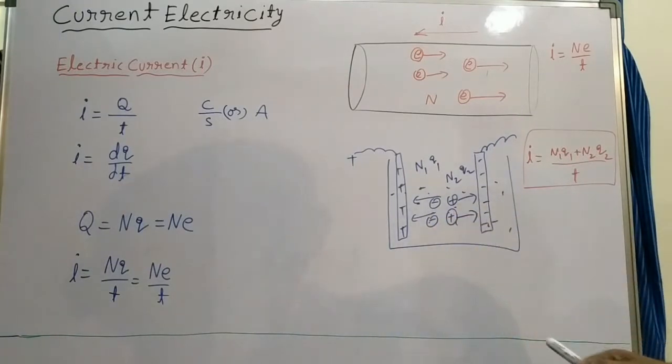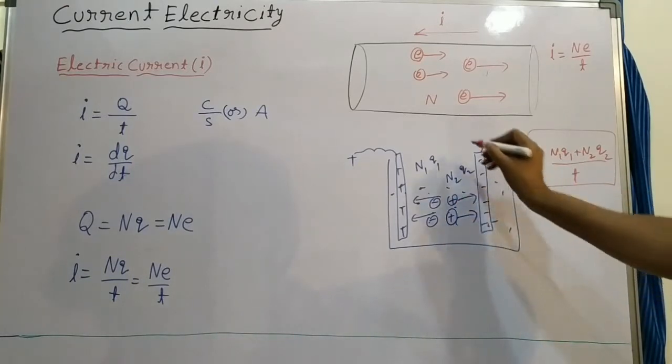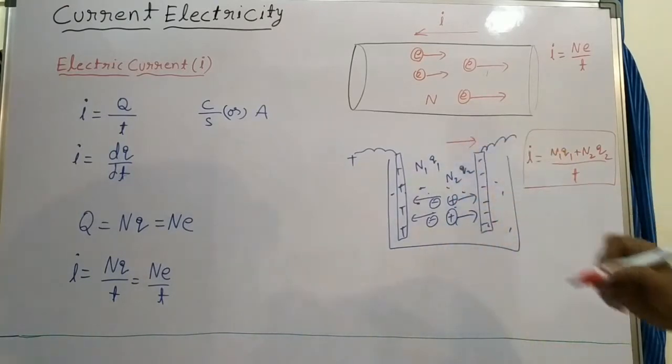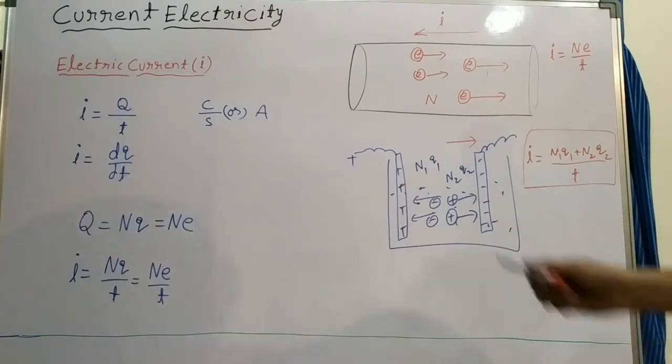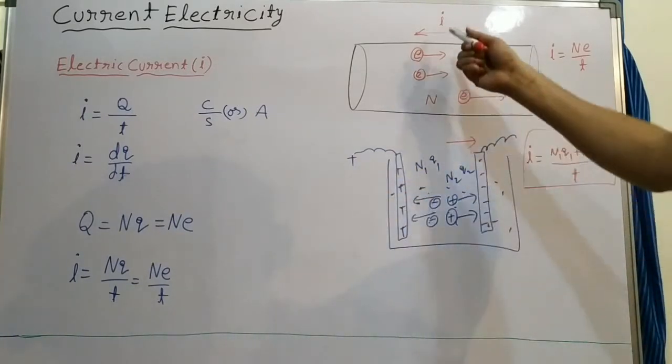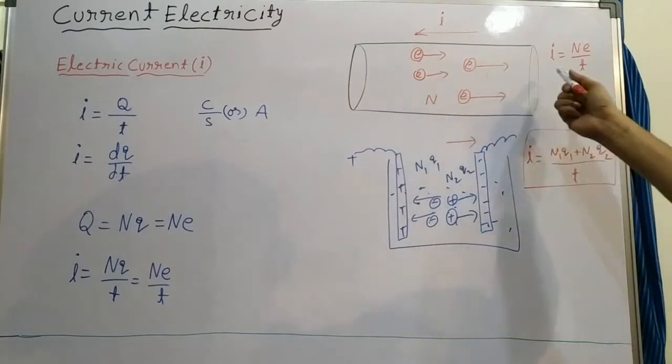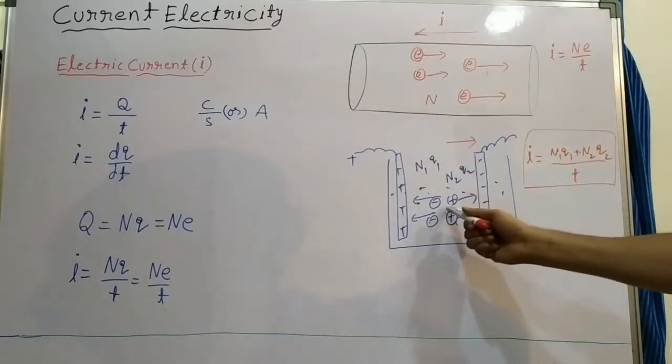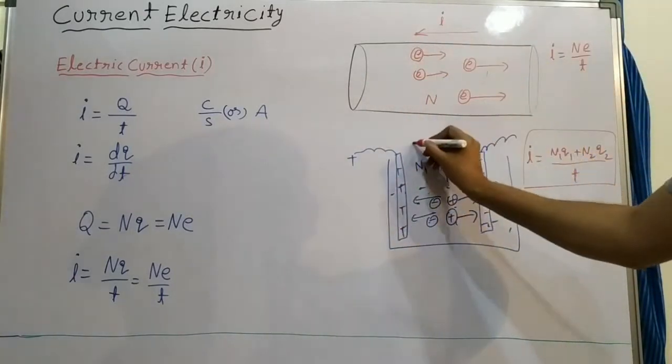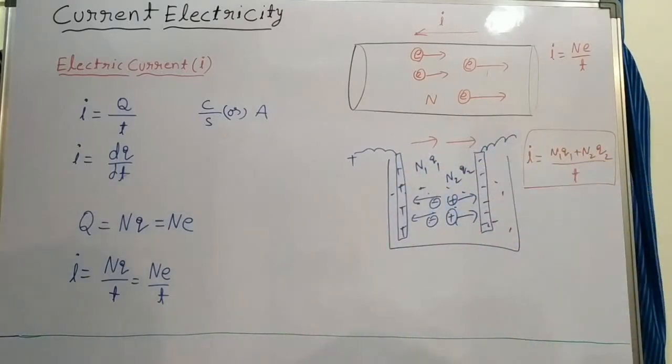These two are moving in opposite directions, which means the currents are flowing in the same direction. Why? Because the direction of positive charge motion shows the direction of the current. Negative charge moving in this direction means the current flows in the opposite direction. So both the current due to negative charges and the current due to positive charges are flowing in the same direction.